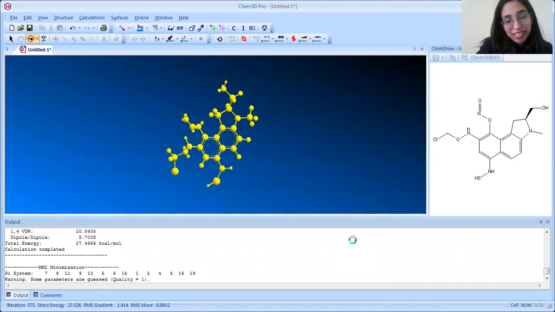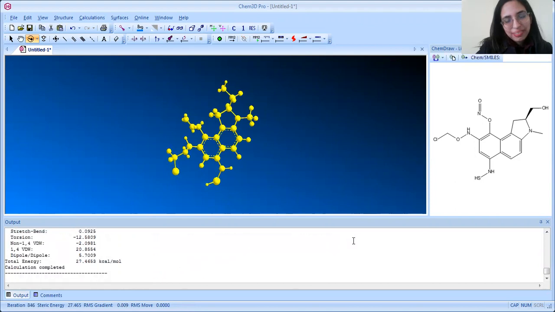Wow, I like it. Yes, it's all about the energy minimization, how it gets minimized. And it is a stable conformation. Now we deselect it.